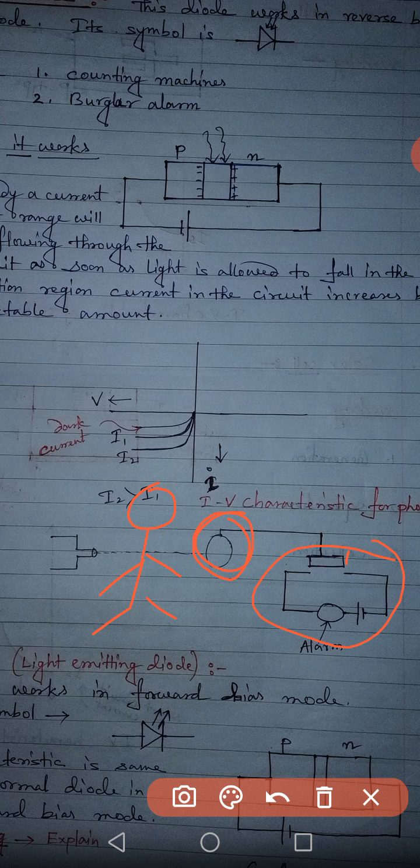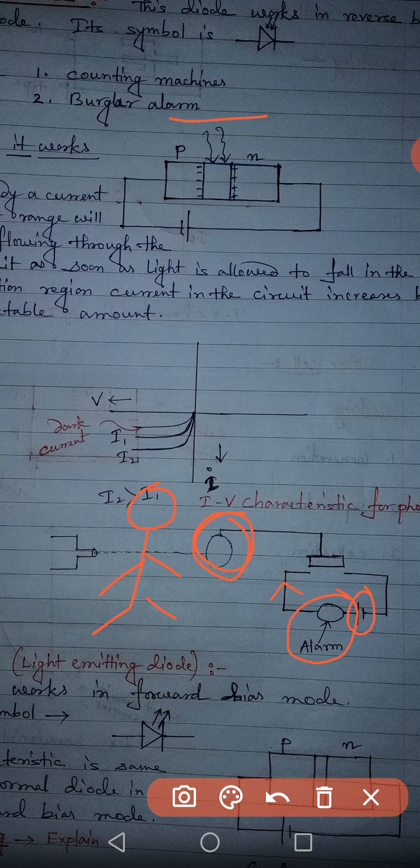So that means with this circuit, when it comes in contact, the circuit will be complete now, and as the circuit completes, there will be flow of current in the circuit, because already there was a battery, and as current flows through the circuit, there will be one alarm. The alarm will start ringing.